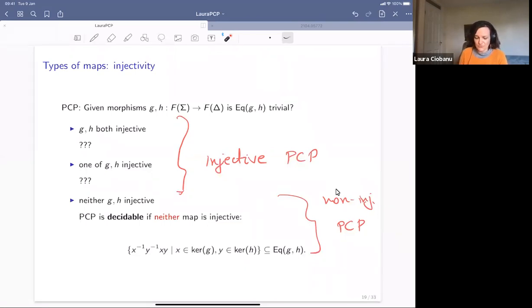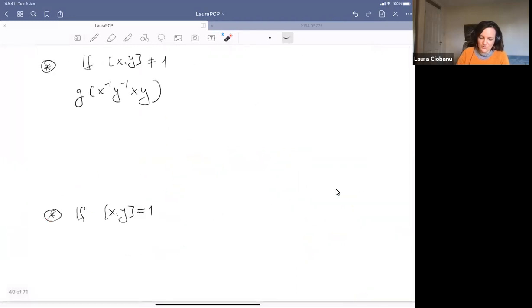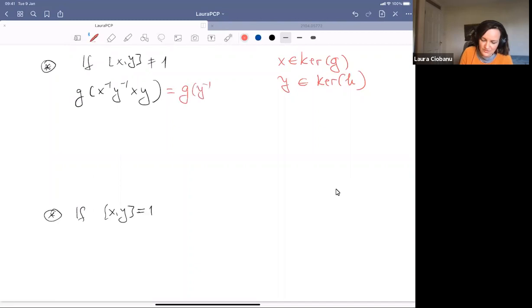It's also possible to find some elements in the kernel if they're not injective. So remember, we have X in the kernel of G and Y in the kernel of H. What happens when you plug in the commutator of X and Y in G? Well, G of X is 1, and so you get G of Y inverse, again G of X is 1, and G of Y. So of course this is trivial, and the same happens for H of the commutator. So you see that we have something in the equalizer that is non-trivial, because a commutator,